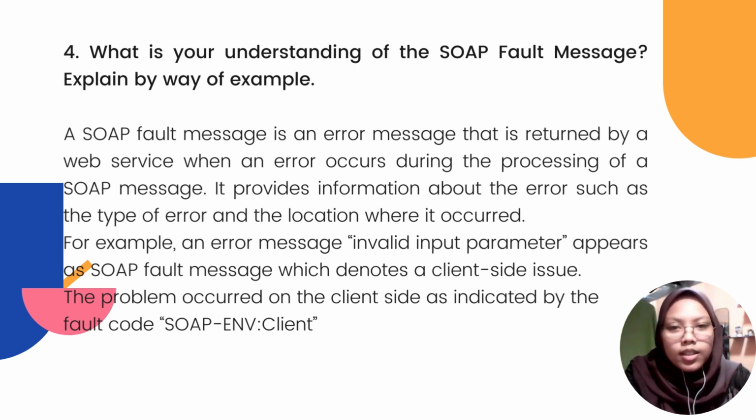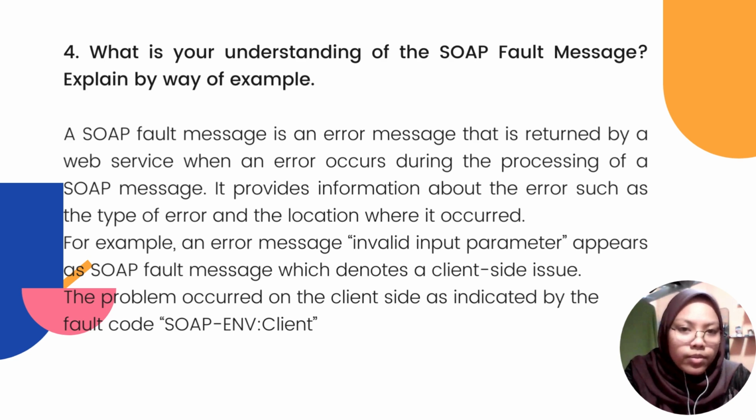And the answer is, a SOAP fault message is an error message that is written by a web service when an error occurs during the processing of a SOAP message. It typically consists of three parts. Number 1 is the fault code, which identifies the type of error that occurred. Number 2 is the fault string, which provides a human readable explanation of the error. And number 3 is the fault detail, which provides additional information about the error, such as a stack trace or